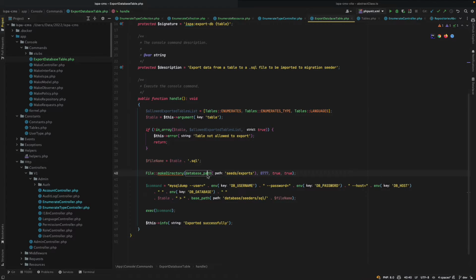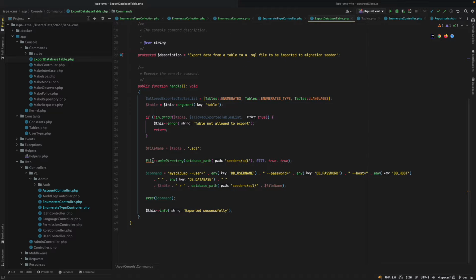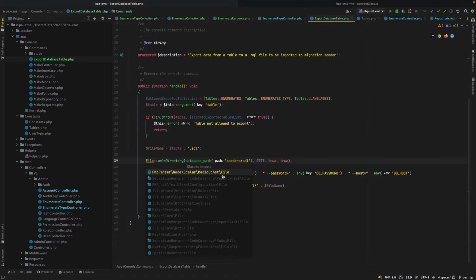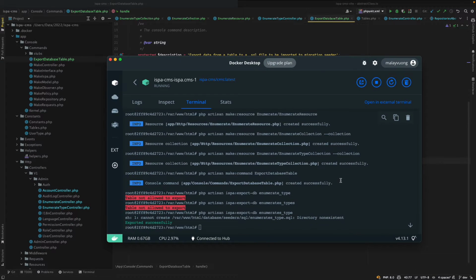Okay, we have the database box, so we remove this again, and we have the seeders here with the SVL, and that is the make directory. This is it right? Import the class. Wow, so maybe that's okay, that's it. And then we try again,